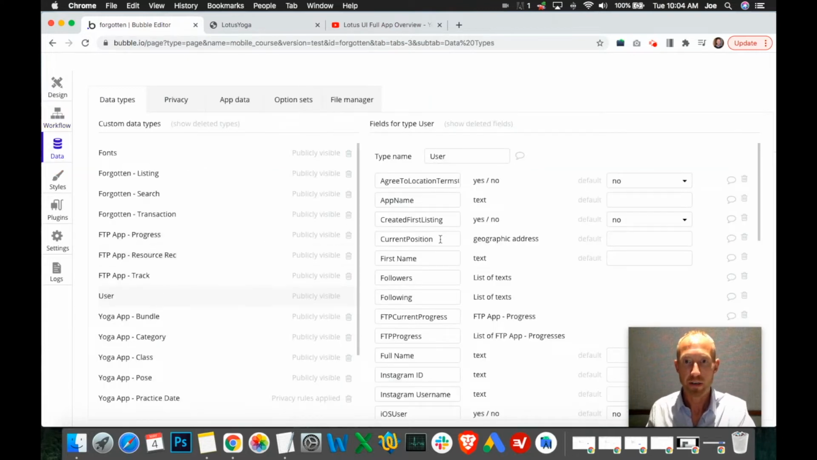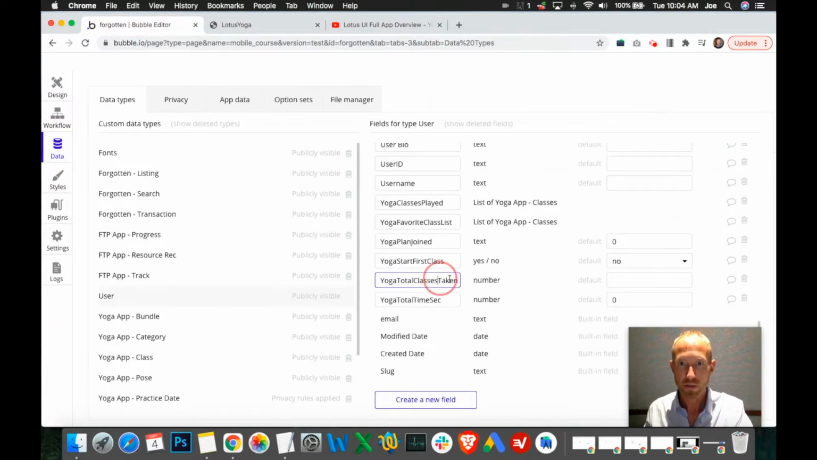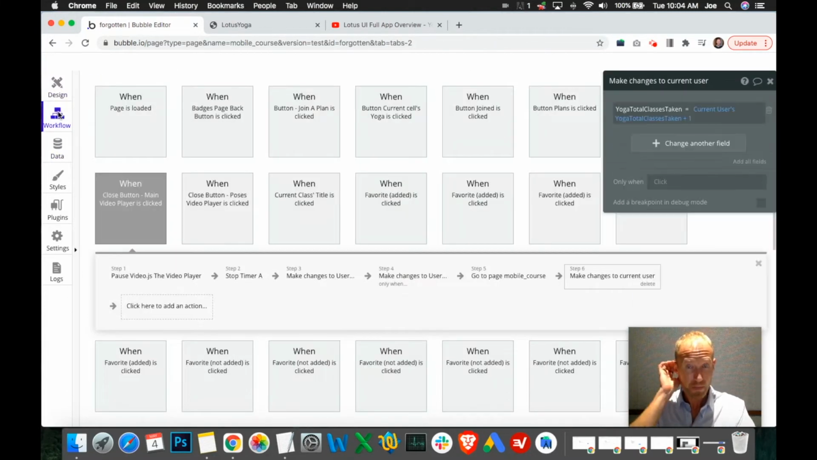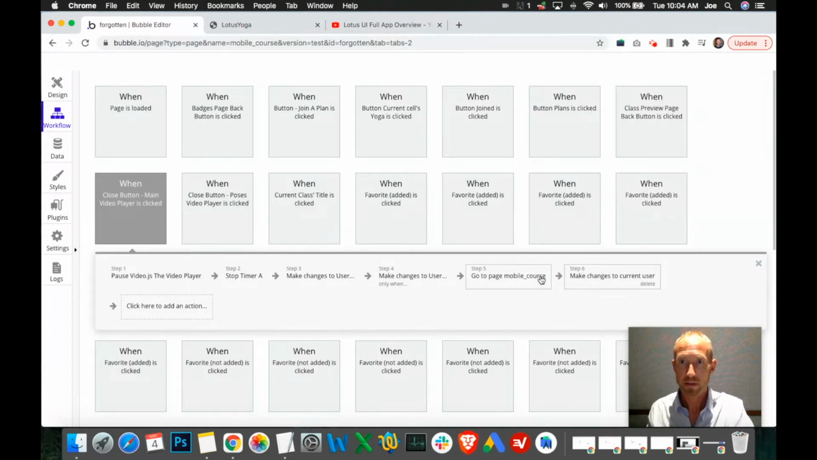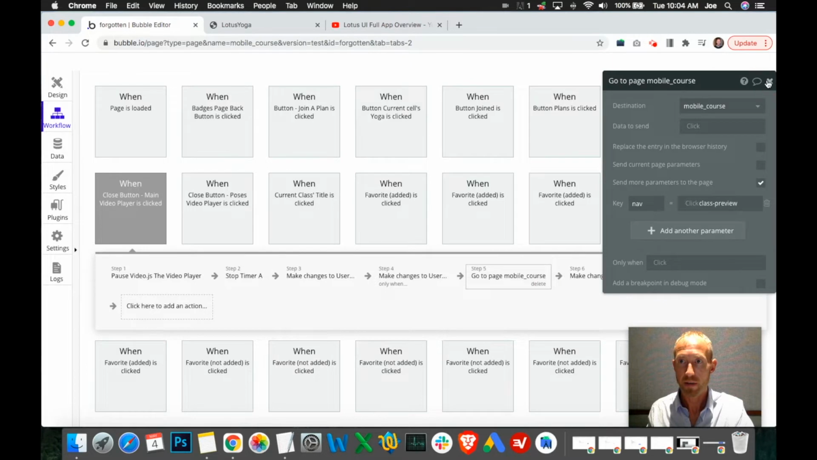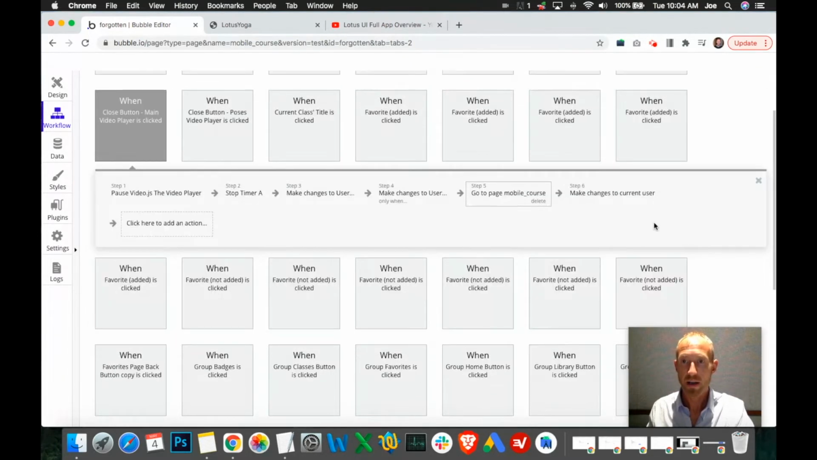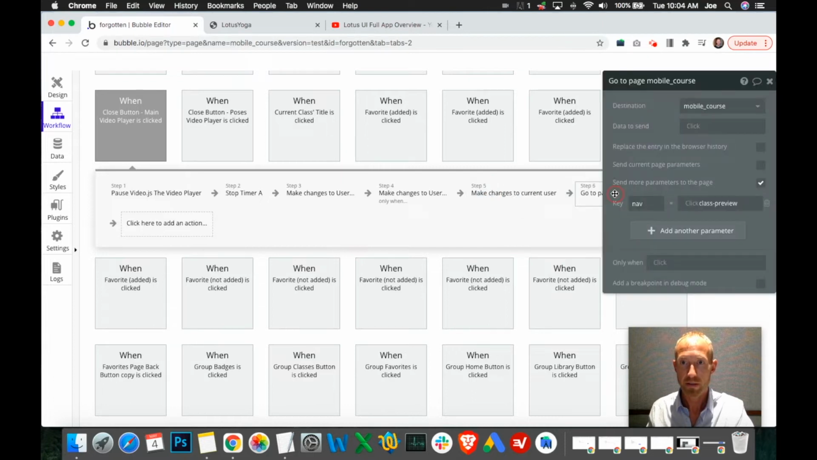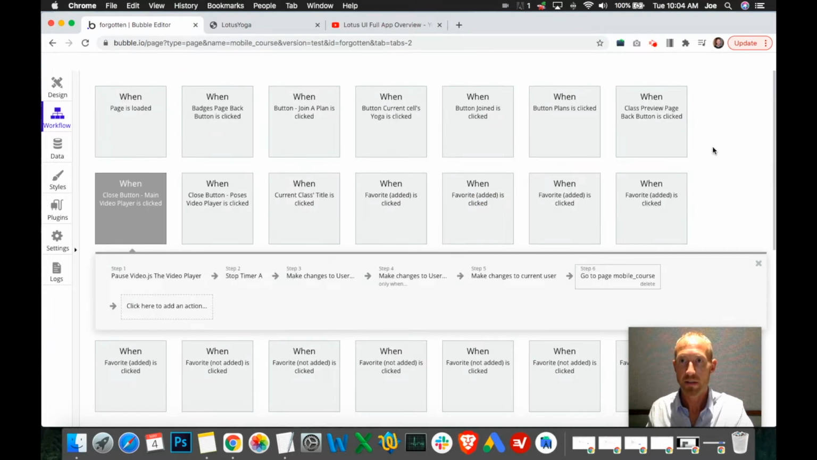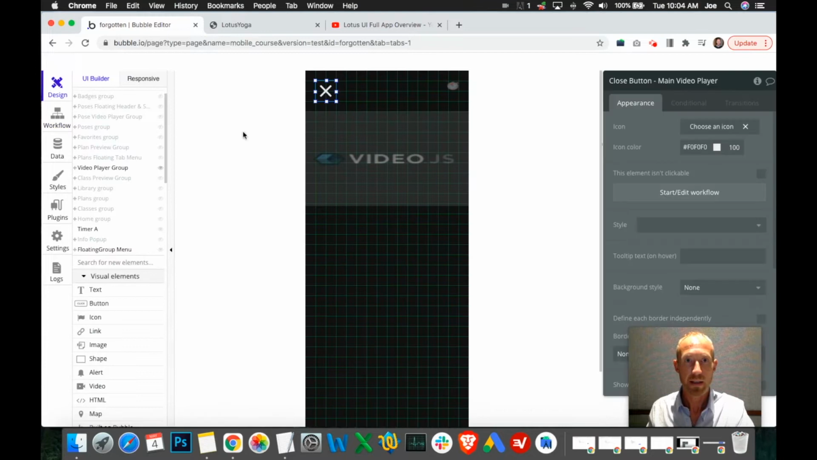And back over here in our data, for this yoga first class taken, we will default that when a user count is created to 0. So they start at 0, and every time they click that play button, they increase their amount of classes taken. So I would like to drag this here so that the navigation is the last element. And then,